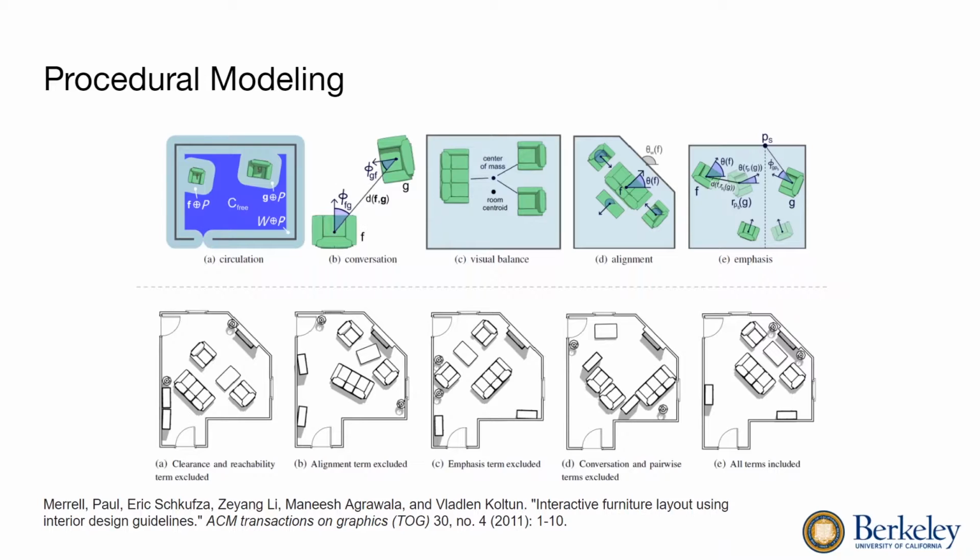And these are basically some of the rules interior designers intend to implement in their designs. And the authors have basically extracted these qualitative rules from textbooks and translated them into some sort of quantitative embodiment